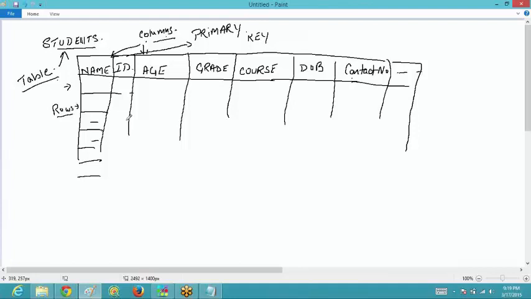right? There could be two students who are in the same age group, okay, so they are in the same grade, they are enrolled in the same course, okay, and they have the same name, but their IDs could not be the same. Okay, so looking up for that column, if you find a column which helps you to distinguish between the rows, these are my rows, right? So which helps you to distinguish between the rows clearly, that column will be known as the primary key. Okay, so that column name would be the primary key for your table.